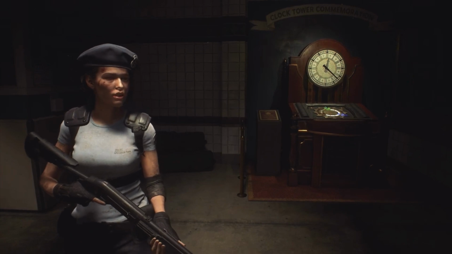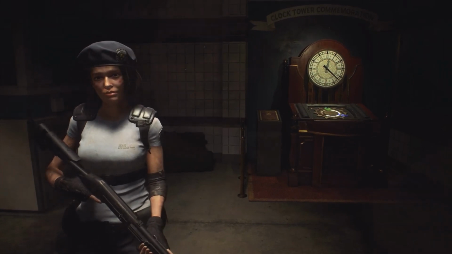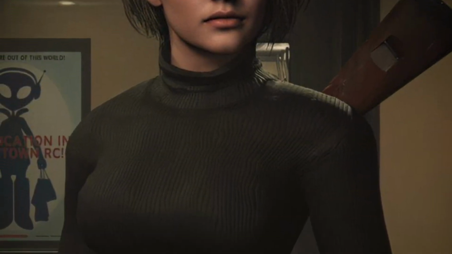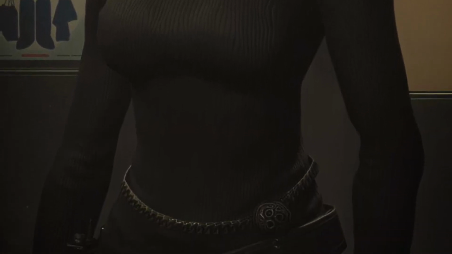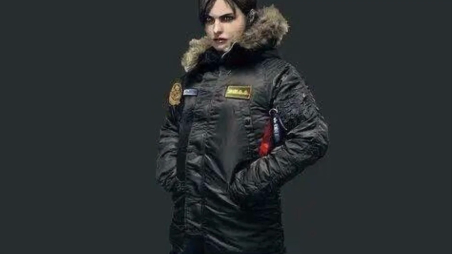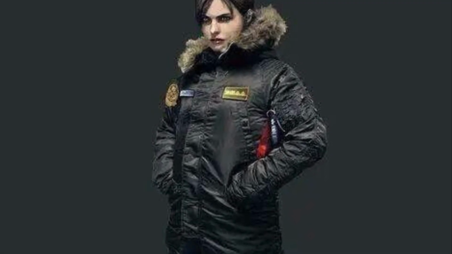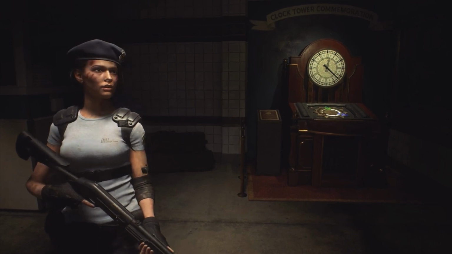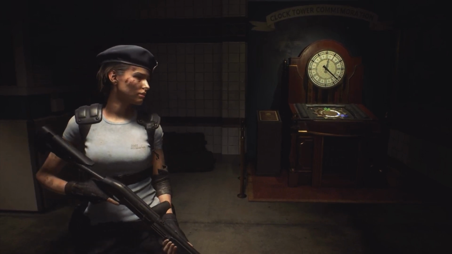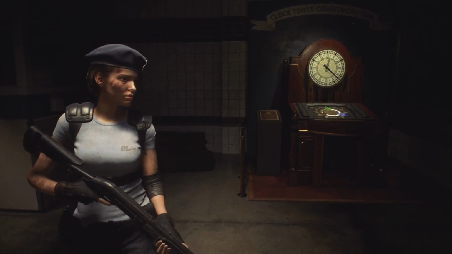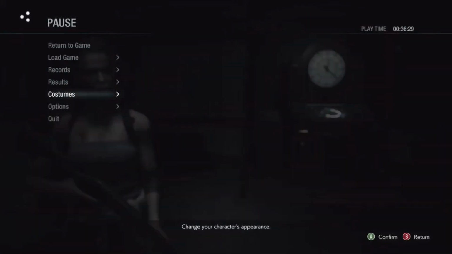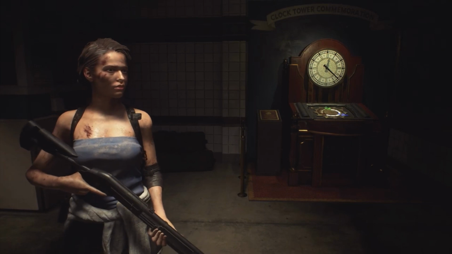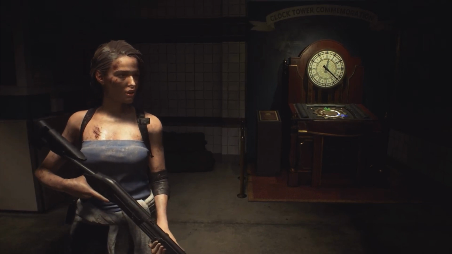So of course you'll have the default Jill Valentine winter outfit that you use throughout the entire game. She'll start off with a jacket but eventually lose it like Leon does, so after you beat the game you'll get a variant where you get to keep the jacket. Beating the game on a hard difficulty will give you Jill's classic outfit from Resident Evil 1. Beating the game without killing something that isn't a mimic will give you Jill's costume from Resident Evil 3.